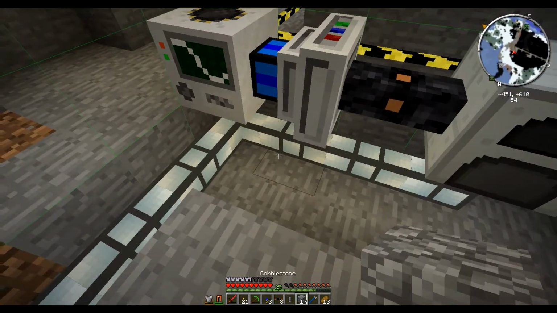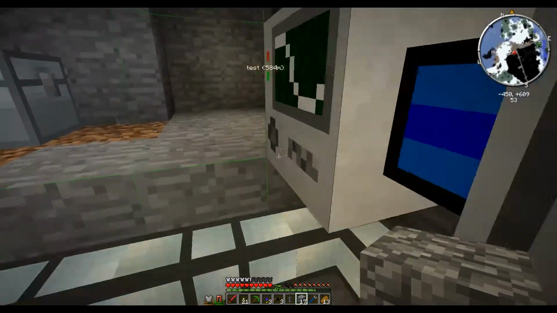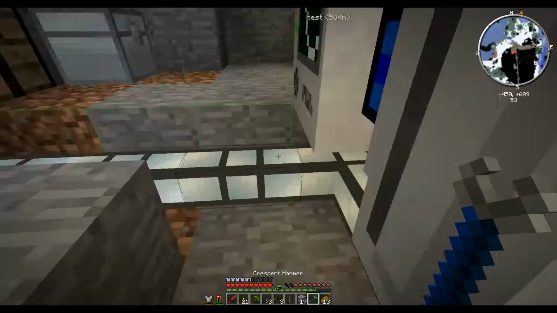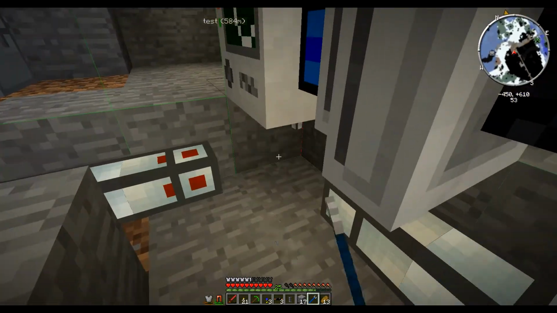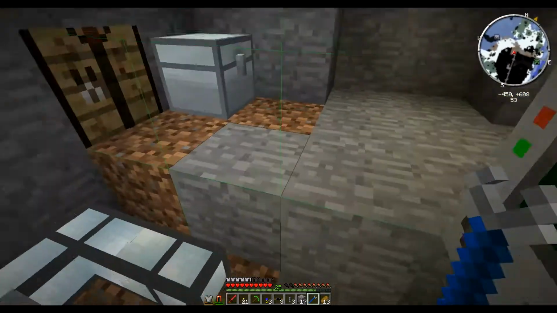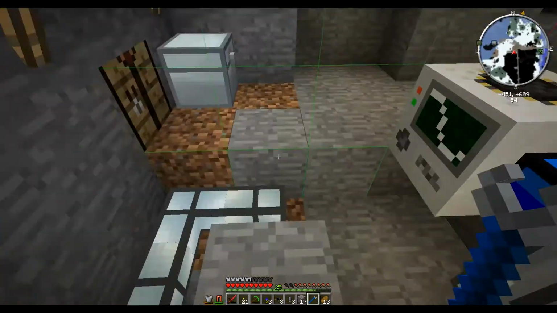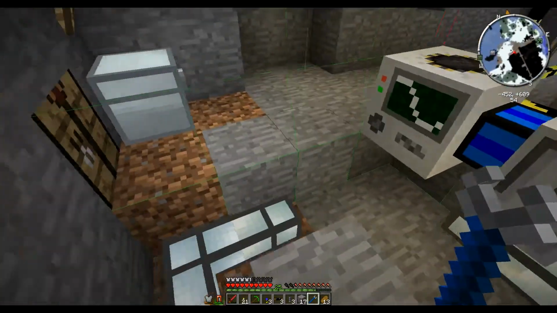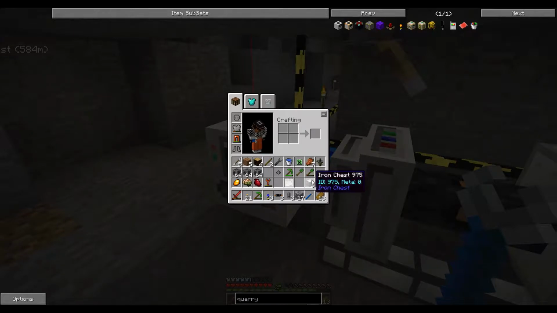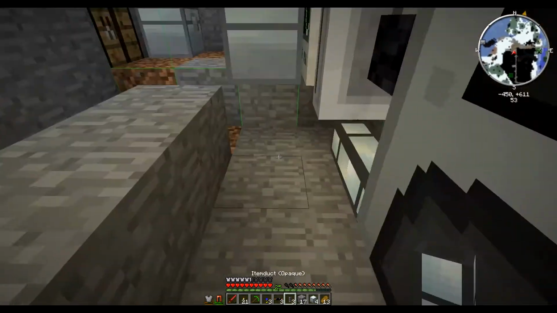Cool. Let's put some blocks down here. Well, this is interesting. Oh, that's kind of annoying. Oh, right. I knew this. I actually knew this already. Hold on. Yes. So the Thermal Expansion pipes don't actually connect to the quarry because there is no inventory. But if we put a chest right next to it,